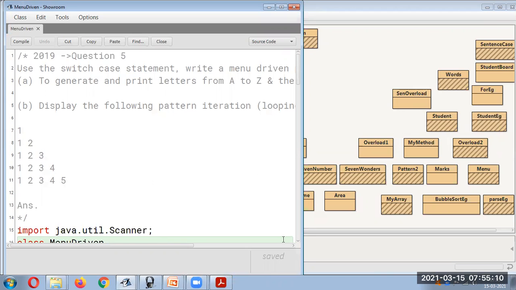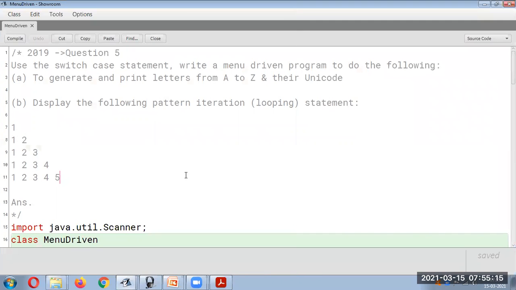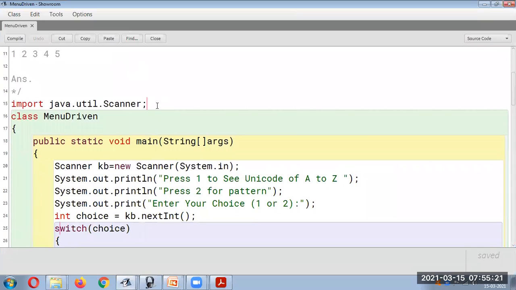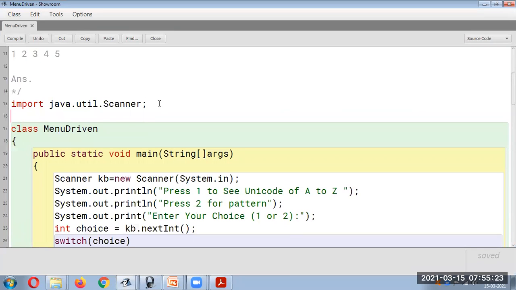Question is already there, so I can just maximize this. So the first line is import java.util.Scanner. Okay, as usual, you can write asterisk also. Then you can write a class name, class MenuDriven. You will be writing a main.